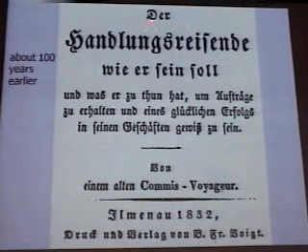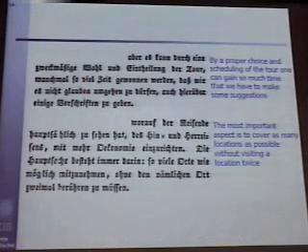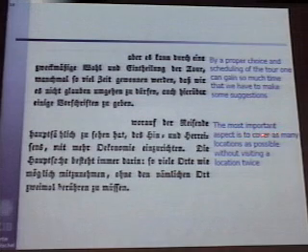So here is a book, The Traveling Salesman, How He Should Be and What He Has to Do in Order to Get Jobs and Have Success in His Business. That's a book from 1832 in German, about 100 years earlier than all these other people I mentioned. And I took a page, some 320 or so, in an English translation: by proper choice and scheduling of the tour, one can gain so much time that we have to make some suggestions. And this guy explains what to do. The most important aspect is to cover as many locations as possible without visiting a location twice.